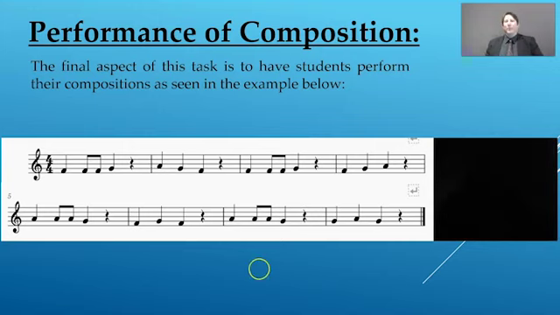Okay, so within that performance there, we're able to see the form here. So we've got our A, they've developed their A pattern here, they've repeated it in the third bar, then they've got an answering phrase in each one, and the same in the second 4 bars. Here's their little question,